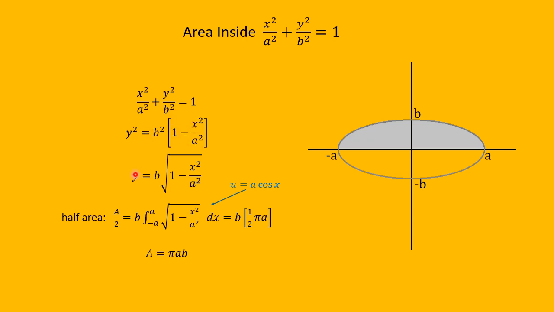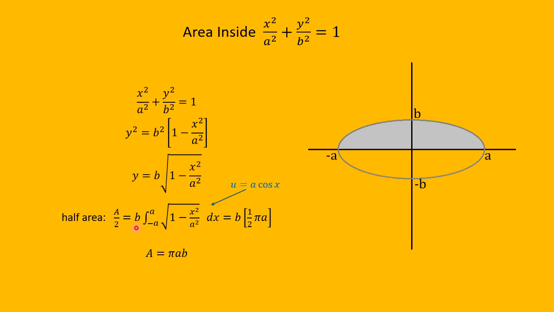So that means that y is plus or minus b times the square root of 1 minus x squared over a squared. If we use the plus sign here, we get this upper curve as y equals b times that square root. We're assuming that a and b are positive here. So what we'll do is find the area under this part of the ellipse and above the x-axis, this region here that is shaded. So half the area of the ellipse, I'll call it A over 2, is just the